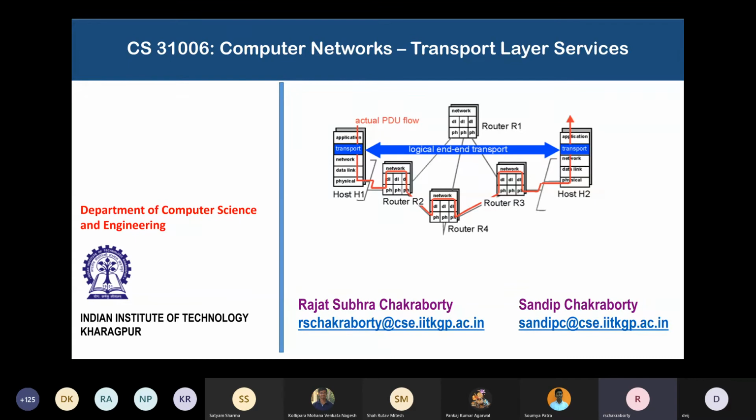So HTTP creates its own packet that becomes a transport layer data unit called a segment, that becomes an IP protocol data unit in the network layer.